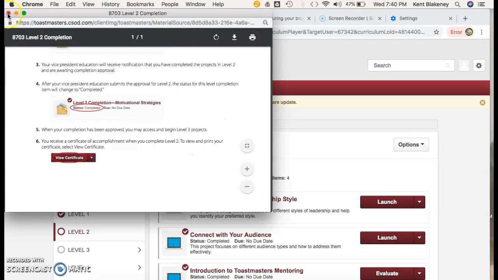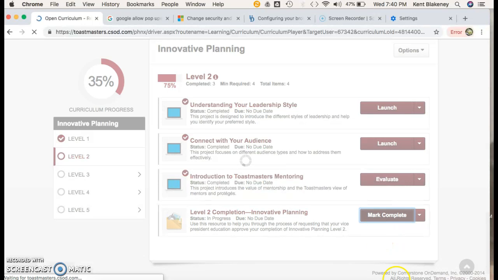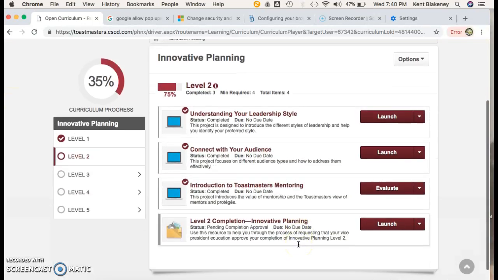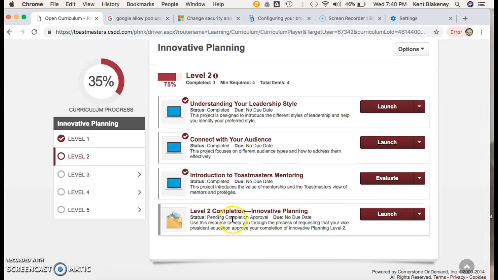View certificate. So here's how this works. I go here. I'm going to mark this as complete. Now I'm finished with this, and now that is all I need to